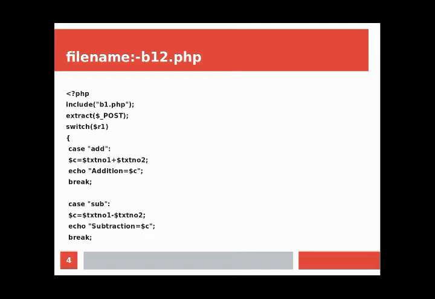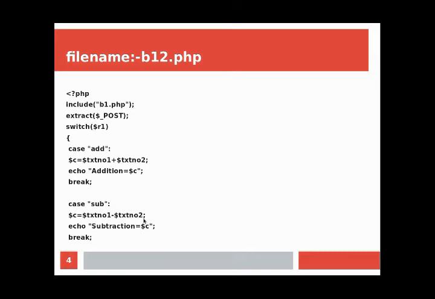That means we have taken the addition of two numbers, which we created in the text boxes. Here it is the action program, and the two numbers are added and the value is stored in C, that is addition. Then the next case, again here case within double quotes sub. This is the label, again colon, then the statement for this case: $C equal to $txt_number1 minus $txt_number2.